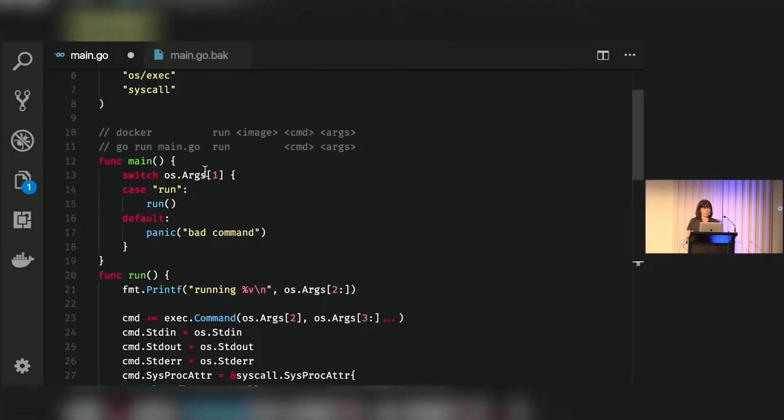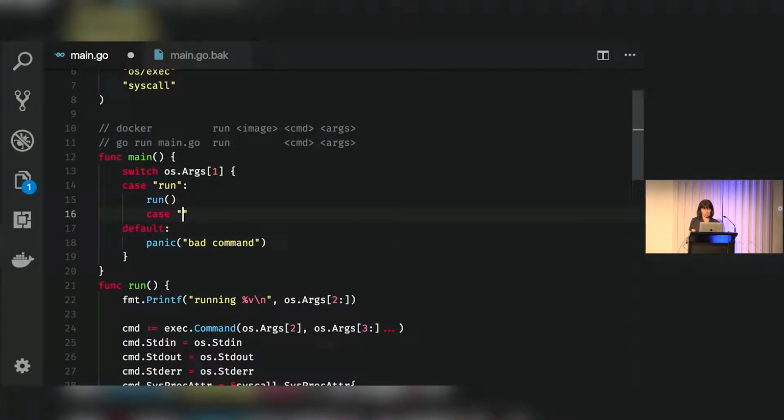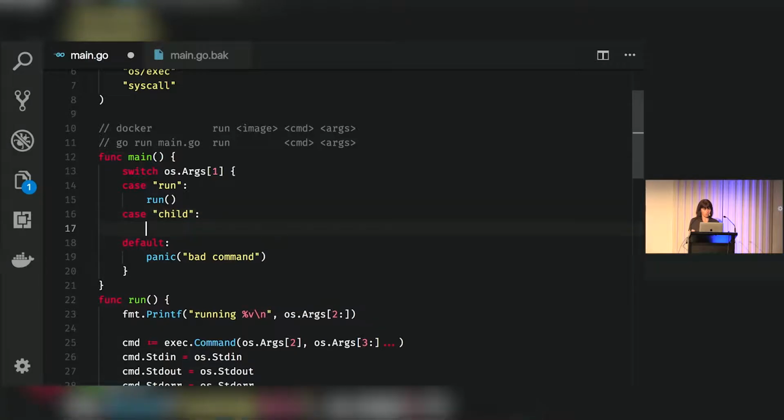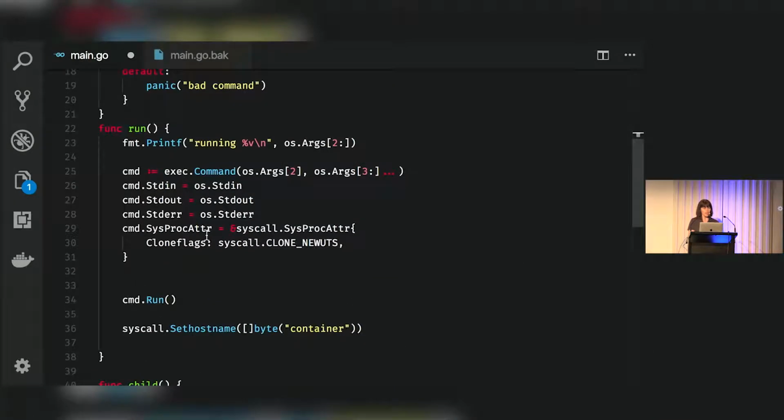And we're going to say, if we're given child as the command name, we're going to call child. And the first time through, rather than executing the arbitrary command we've been given, we're going to run this program again. And we can do that by calling /proc/self/exe. Now, we'll look at the proc directory in a moment, but basically this is a link to the currently running executable. So I'm going to pass that in, and then I want to say, instead of run,